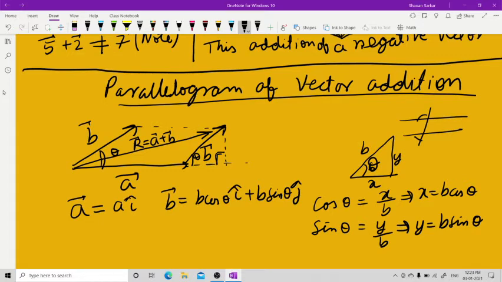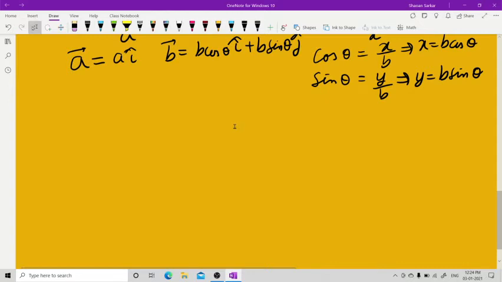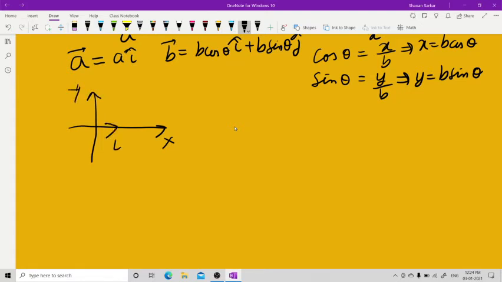Now let me make you understand what is this i cap and j cap. See, what is this i cap and j cap? Now in class 10th, you have drawn these two things, x axis and the y axis. The unit vector in this direction is i cap. The unit vector in this direction is j cap. Now what are i cap and j cap basically? They are units. If you multiply something with it, the length increases. Suppose I multiply 10, I write 10 i.